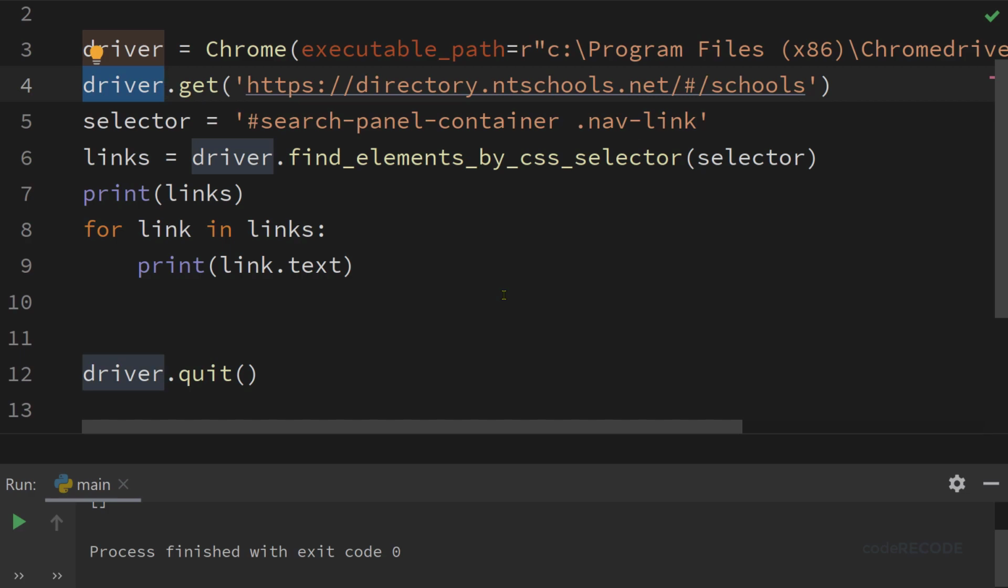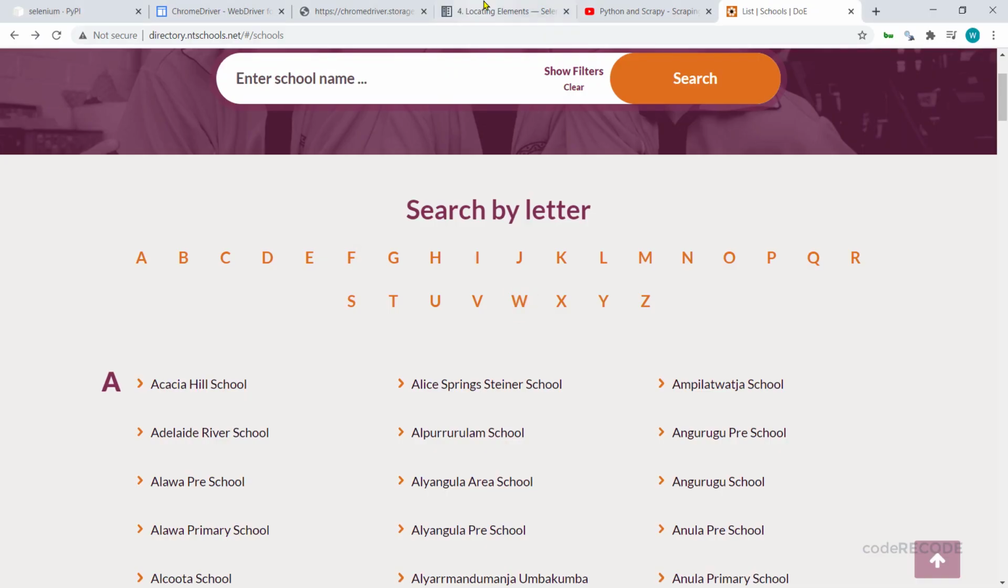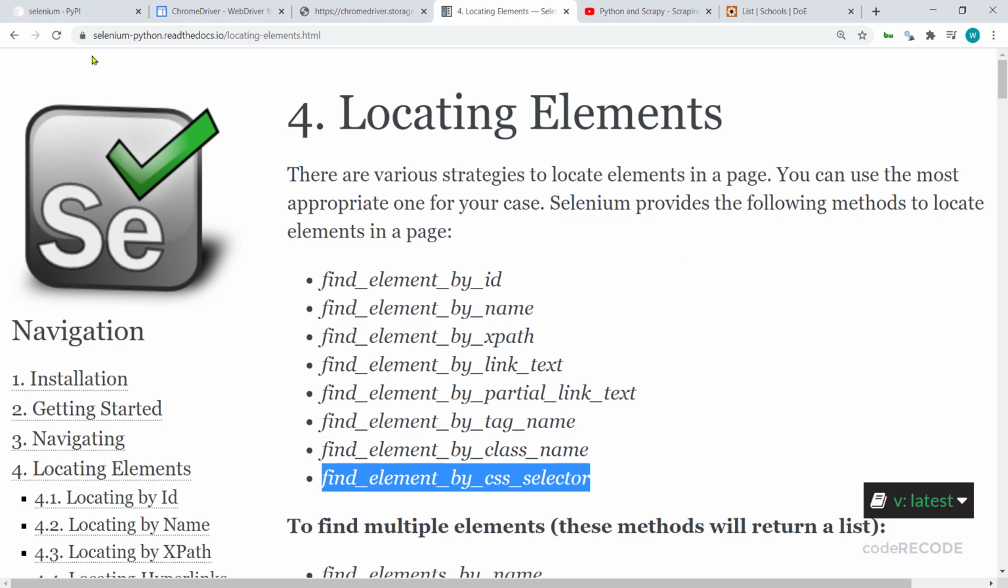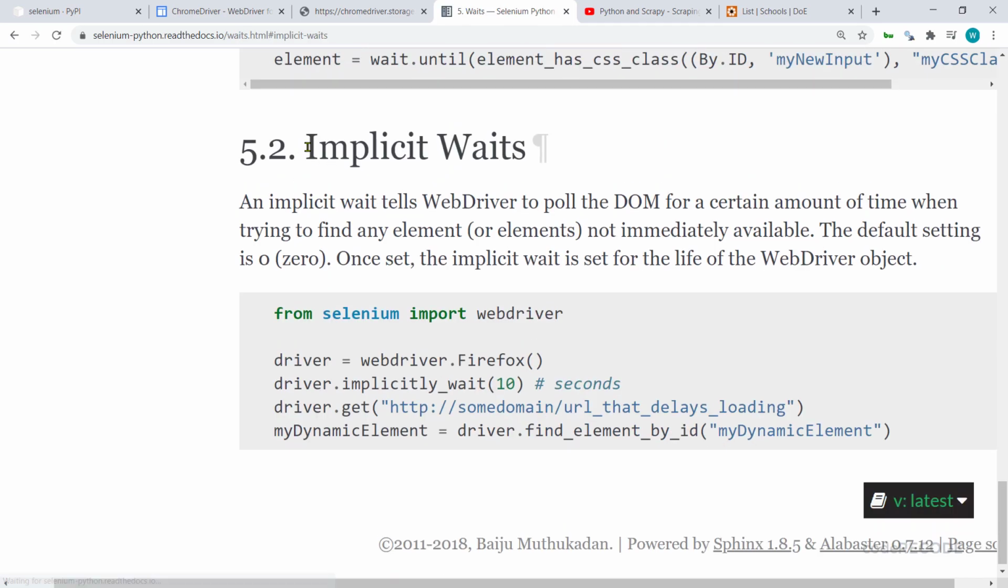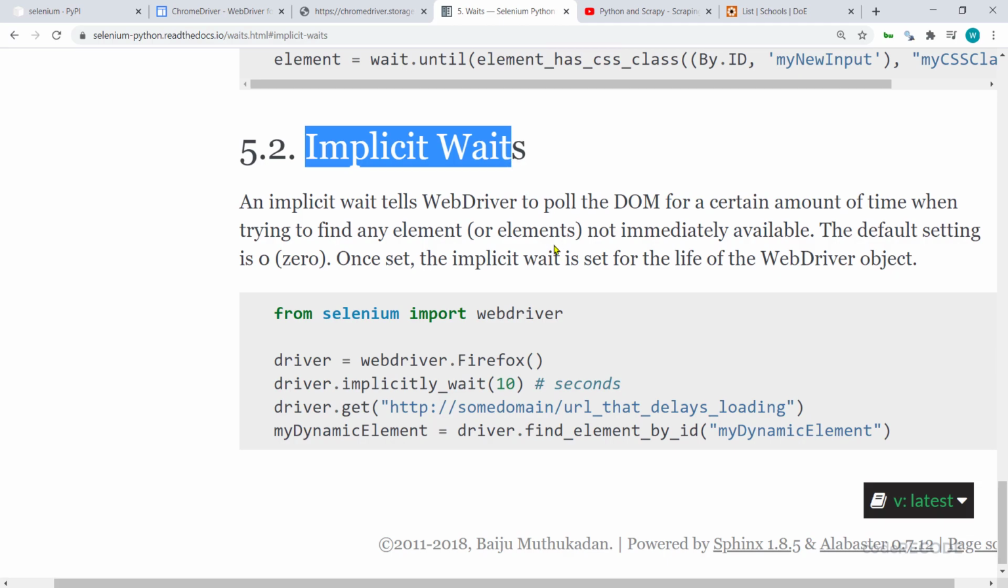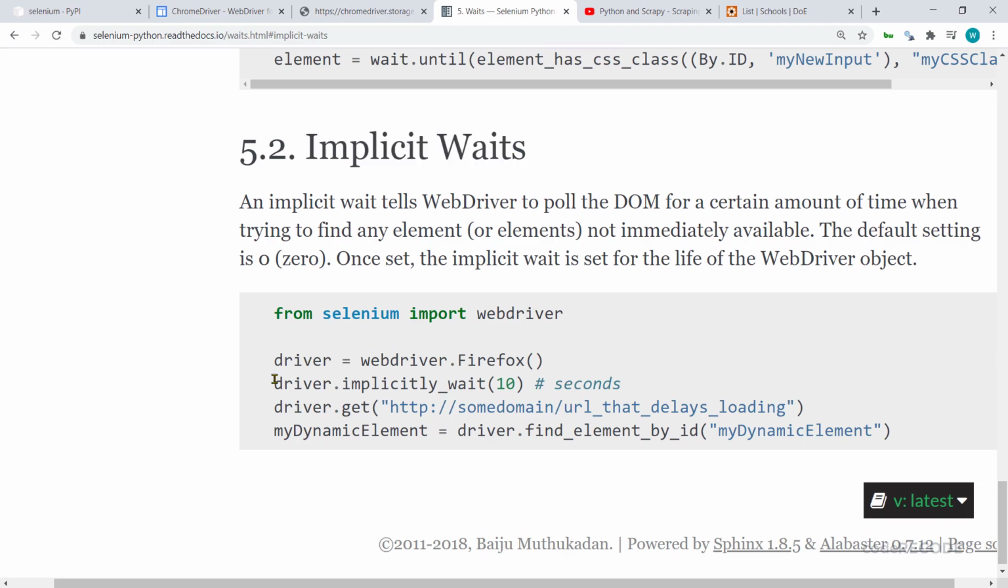So there are two ways. The first is explicit wait and the second is implicit wait. So let's look at the documentation. I always recommend looking into the documentation. So go back and there you have it: explicit waits and implicit wait. I'm going to show you the implicit wait first. It's a very simple one-liner command,